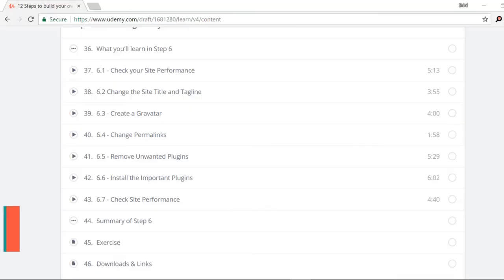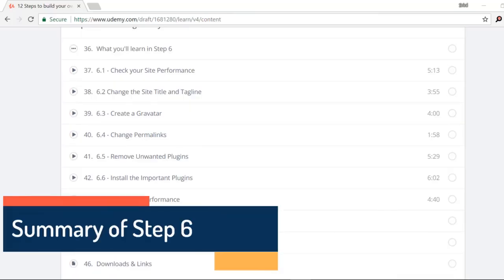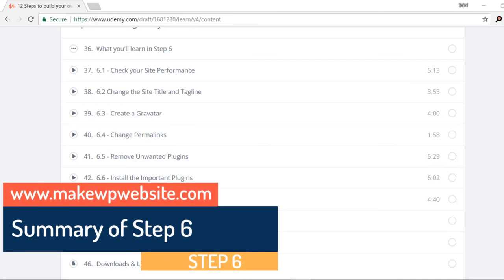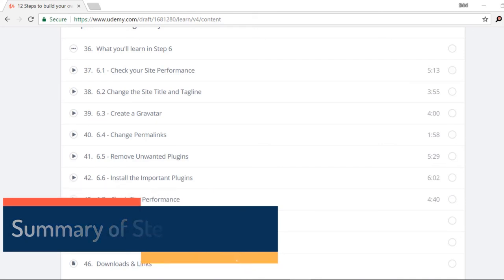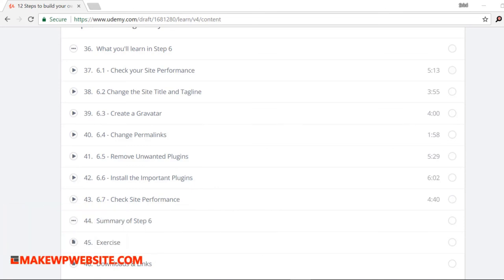Welcome to the summary of step 6. I hope you have learned something from this step. Even if you have not learned something, there's one recommendation I want you to take. That's basically checking your site performance. Even if you do nothing from the steps I have shown you, please make a habit of checking your site